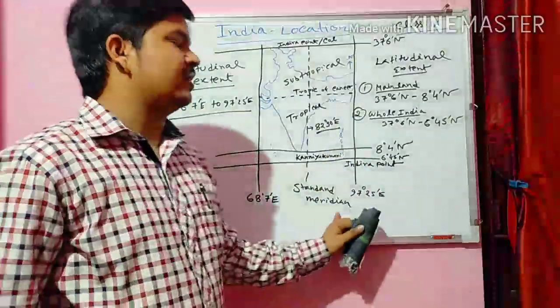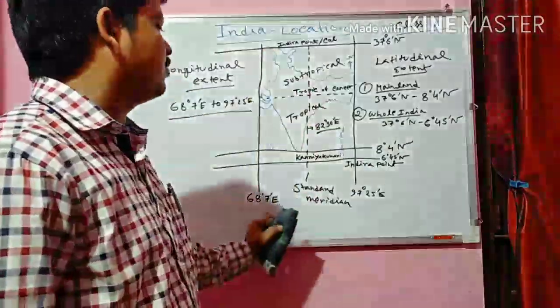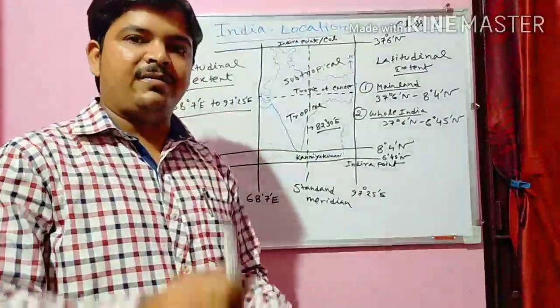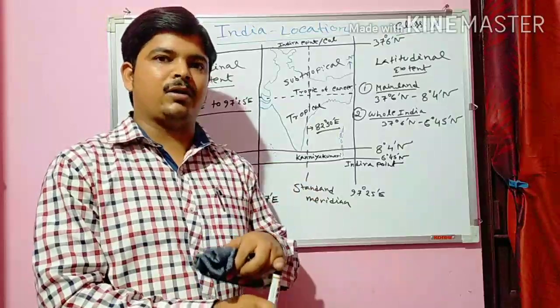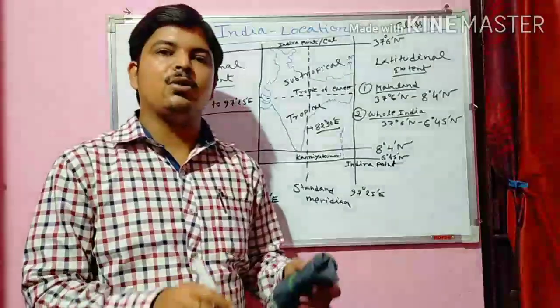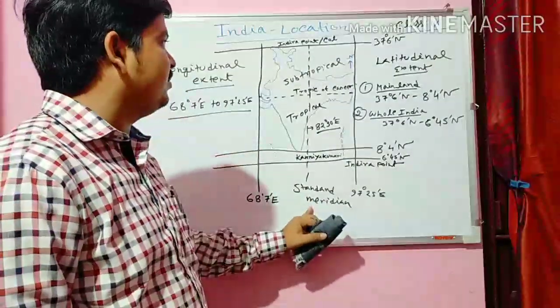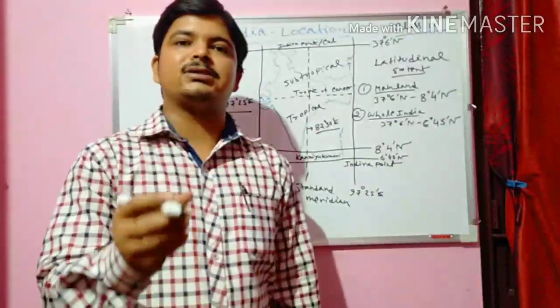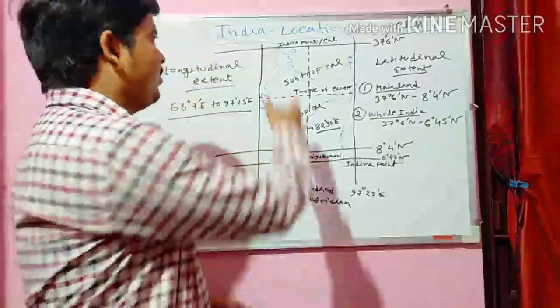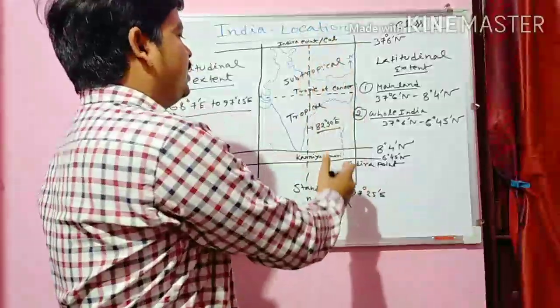So why is it called the standard meridian? All the longitude lines are called meridians. Every longitude line gets its sunlight overhead at 12 noon, and from that we calculate the local time. So every meridian can calculate its own local time. We have many longitude lines.